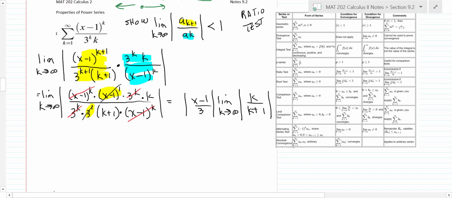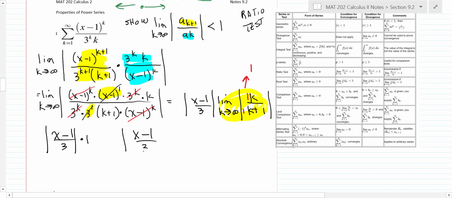Okay, all right, now what do we got to do? We just got to do this limit, okay? So tell me what the value of that limit is in your head. It's 1 again, okay? Happens a lot, okay? So that's going to be 1. You can use L'Hopital's rule, or you can just see that the coefficients are 1 over 1, like you've done. So that's going to leave us with absolute value x minus 1 over 3 times 1, like that, okay? Or that's just going to be